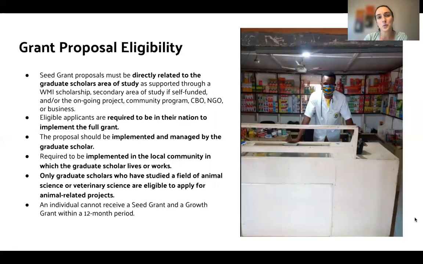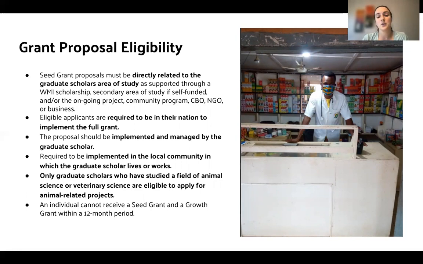Now, how about grant proposal eligibility? So you've determined that you are eligible to apply. Now, how about your idea for what you'd like to fund? Seed grant proposals, as well as growth grant in the future, must be directly related to your area of study as supported by a WMI scholarship, or a second area of study if you self-funded your education further.